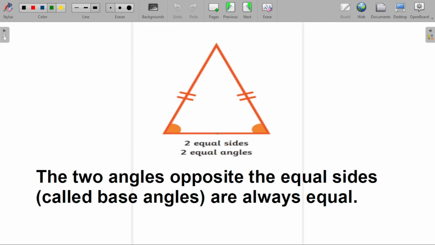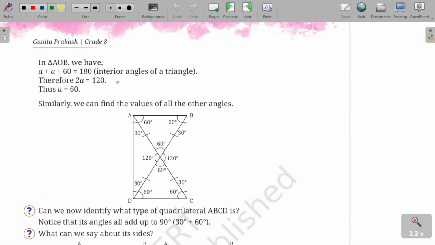Now if in a triangle you have any two angles equal, then their opposite sides are also equal to each other. The angle opposite this side and the angle opposite this side. So the angles opposite the equal sides are always equal, and vice versa. This is the property, and now we are using the same property here. In this triangle,